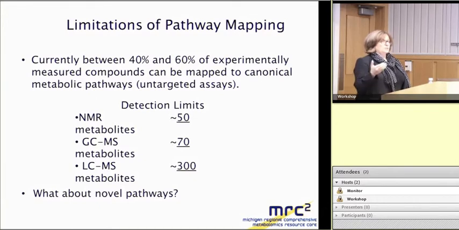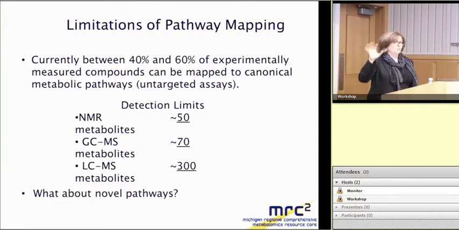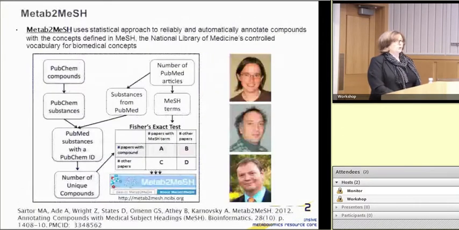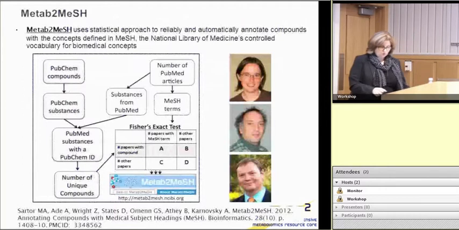I mean, this is a great thing to do, but in a way it's limiting. What about novel pathways? The argument that I often hear is: how am I going to discover something new if I'm throwing away the metabolites that are not mapped into these pathways, and so on and so forth? This is something that many people are trying to work with, and so I'm just going to briefly mention